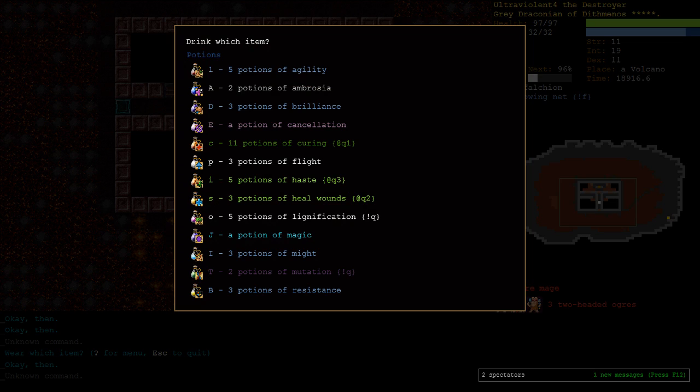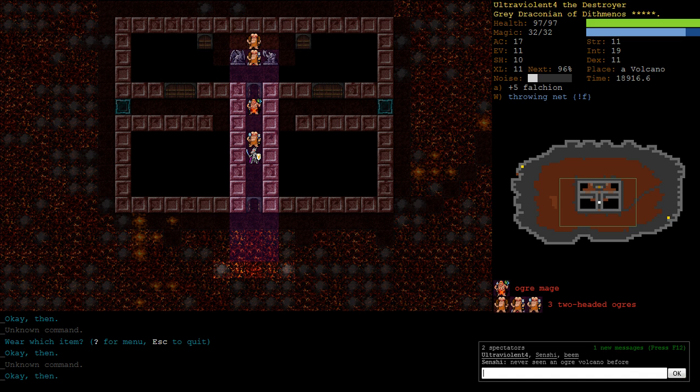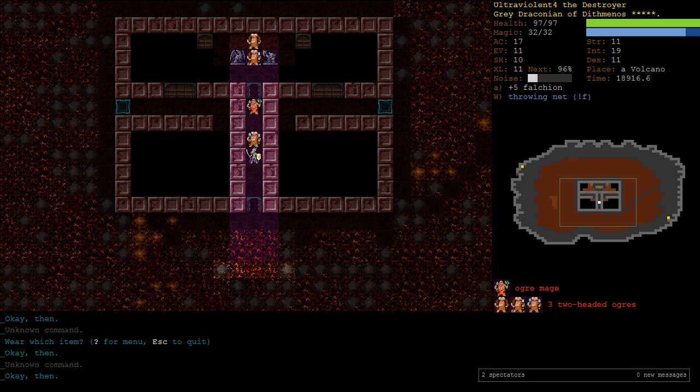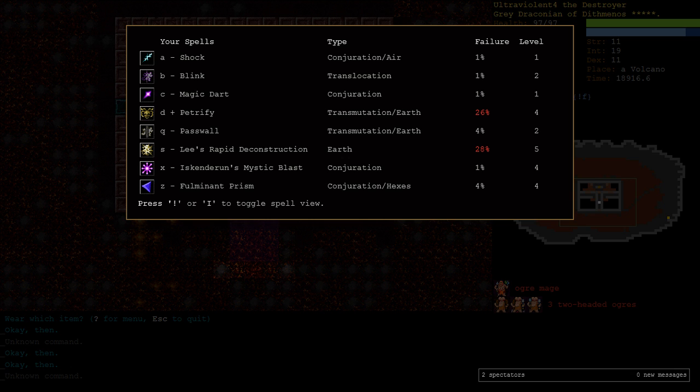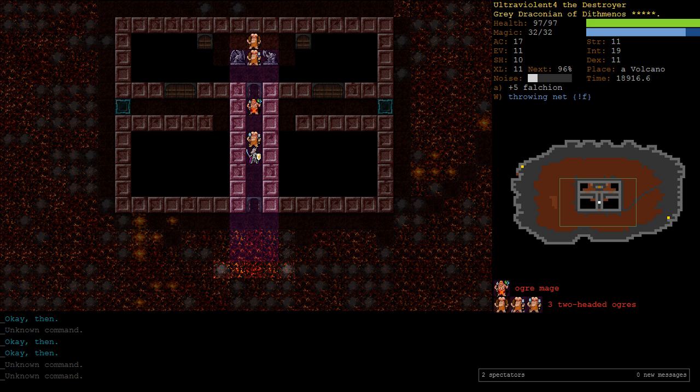Am I okay to blow a potion of haste here? Yeah. I've never seen this one with an ogre volcano. There are quite a few ogre volcanoes, but yeah, this one I'm pretty sure it's usually the gargoyles. So what do we do here? Let me check my spell list again real quick here. And again,